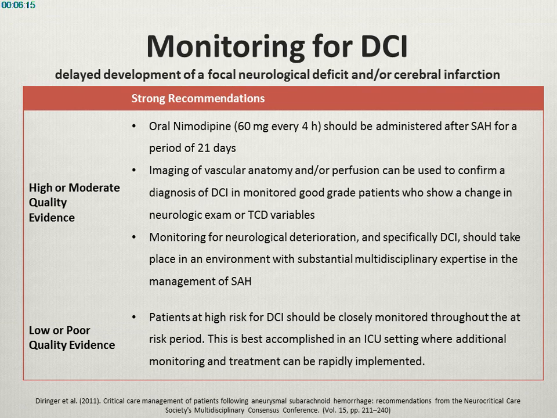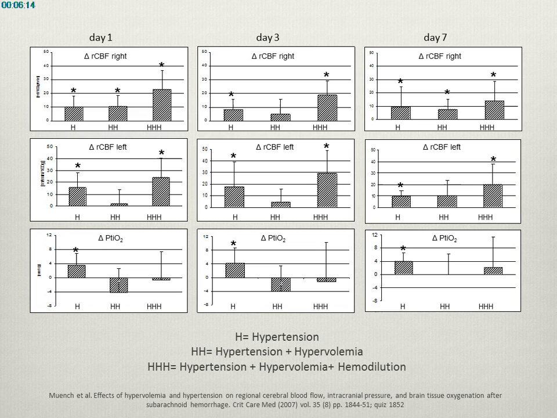But we need to monitor it, as we said, and we used to react. Reaction historically was to increase the pressure, the so-called triple H therapy: hypertension, hypervolemia, and hemodilution. We learned in the last few years that the most important component of this is the increase of blood pressure,